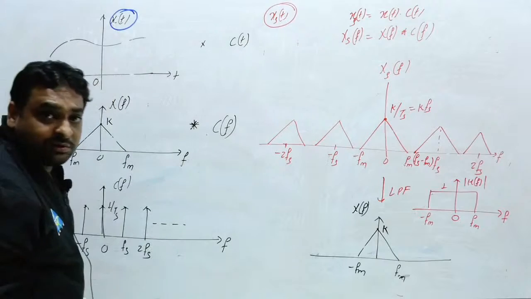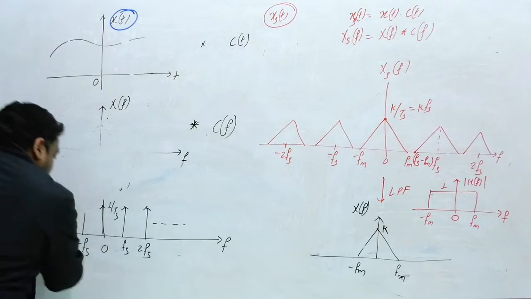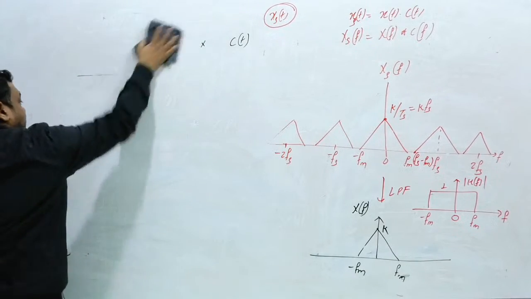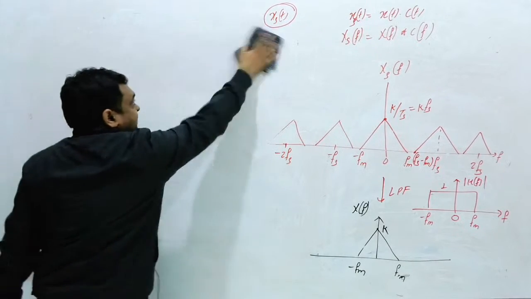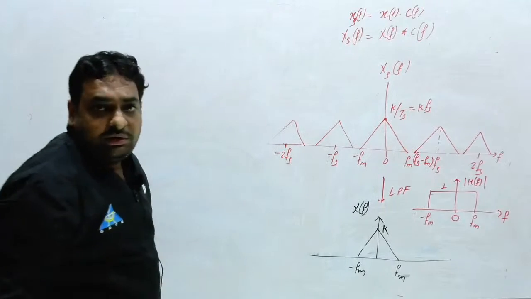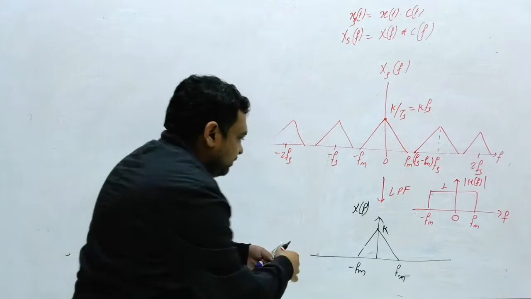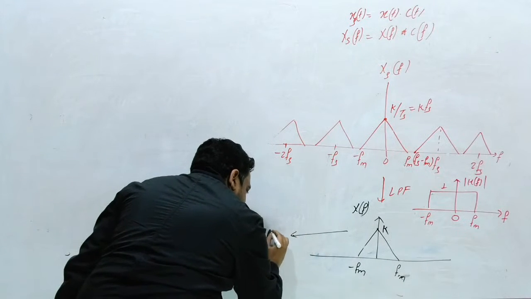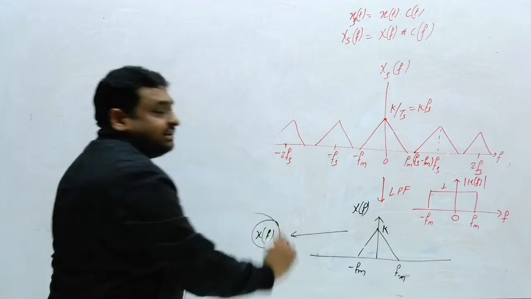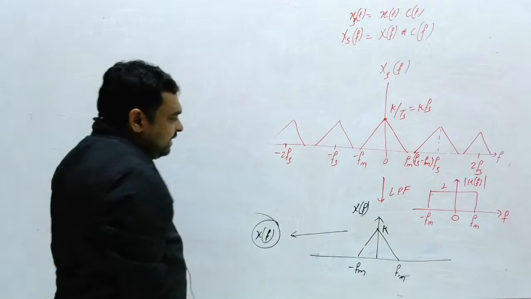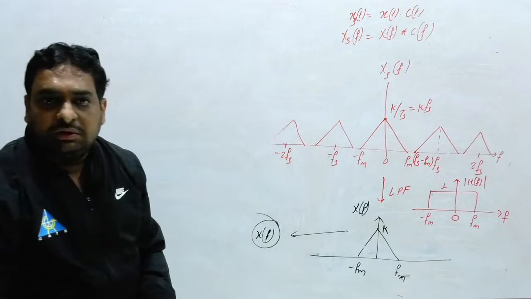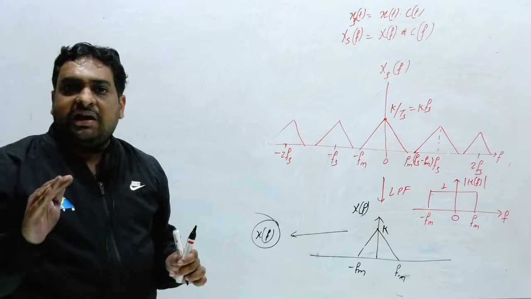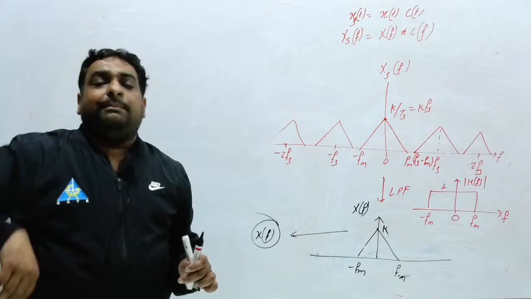So in which case will you get the output? And if you get the inverse Fourier transform of this, you will get x(t). What is our requirement? I want this x(t) back. So first you are doing sampling. If I ask how you can do resampling,